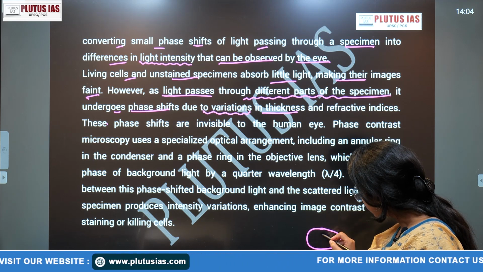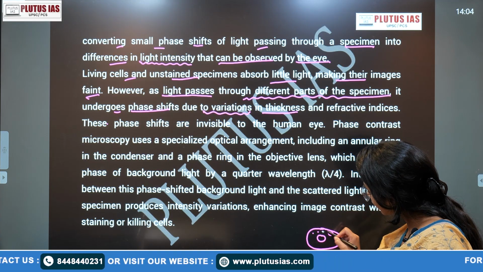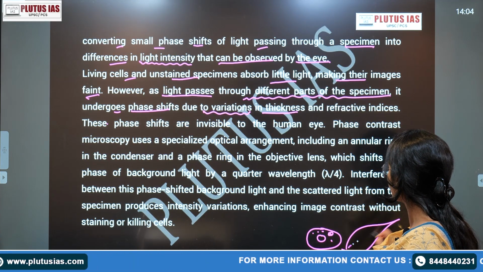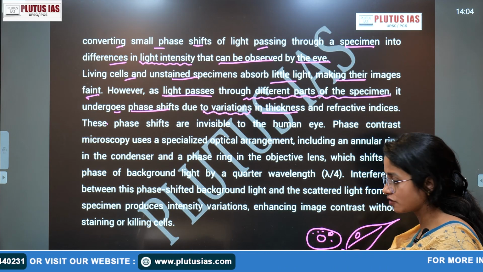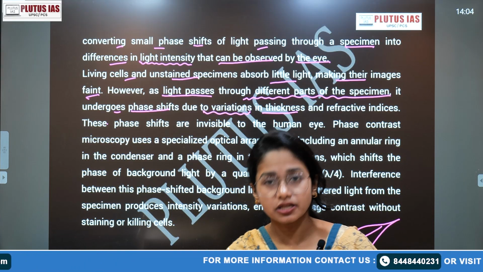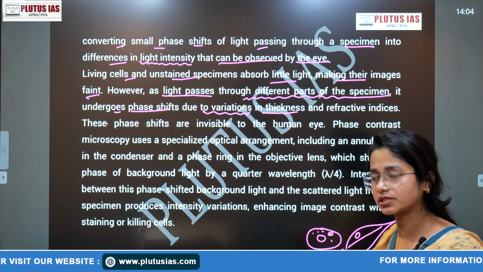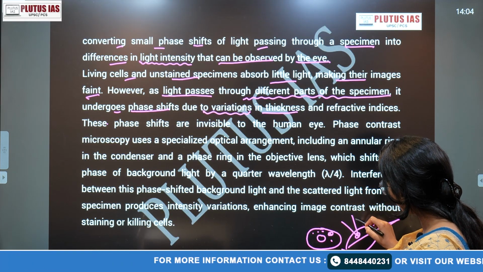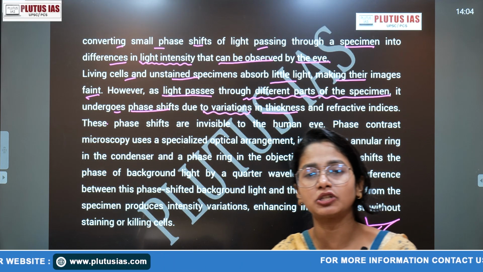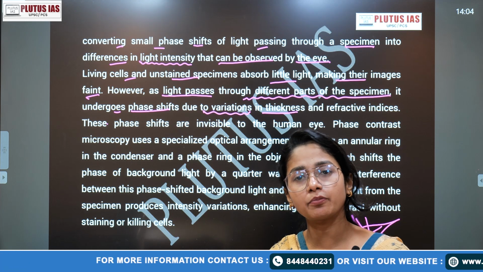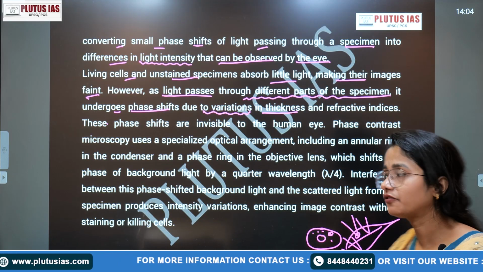Okay, so in that cell there are the nucleus, the mitochondria, and so many cell organelles. This is your leaf or any kind of living cell, in which some areas may be very highly concentrated, but some areas will be a little less concentrated or less dense. So when light falls on a concentrated or less condensed area, the speed and the formation of the image will be different, and because of that an image can be formed with the help of phase contrast